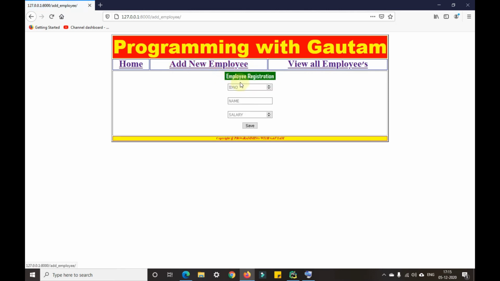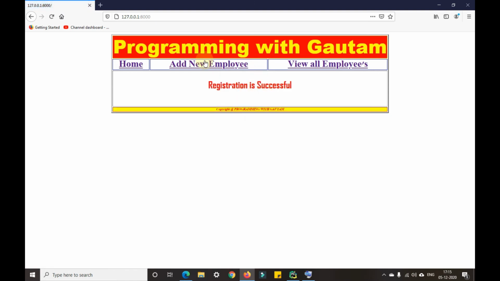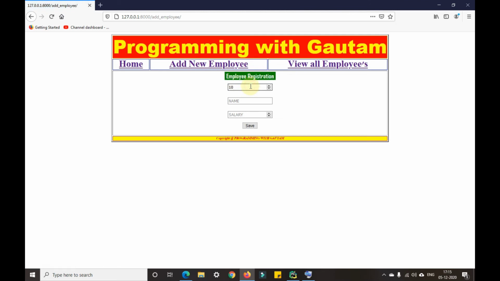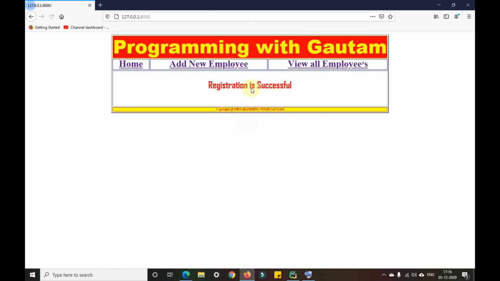In the same way, I'll add another employee 103, name as George, and salary as 15,000. And I'll add another employee 104, name as PWG, salary as 18,000, save.